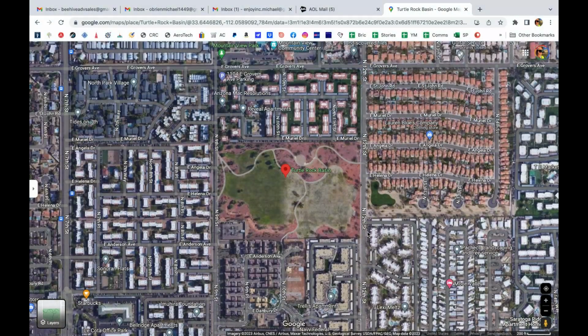An overhead view of Turtle Rock Basin Park. We're going to take some measurements of this thing to show you how big it is. As you can see, it is surrounded by urban area off North 12th Street. Parking along North 12th Street. There is no parking lot for this park. It's all street parking. I came in on this corner here, parked right here, and launched in this corner of